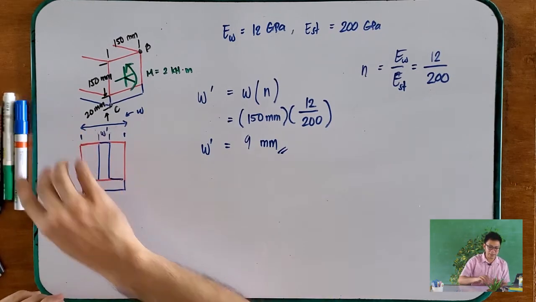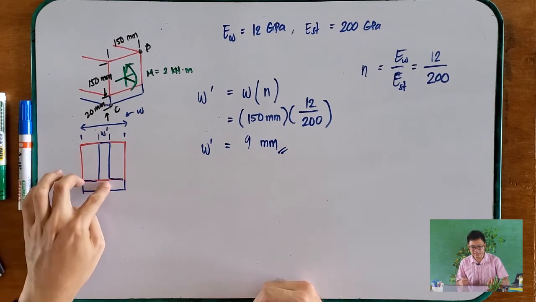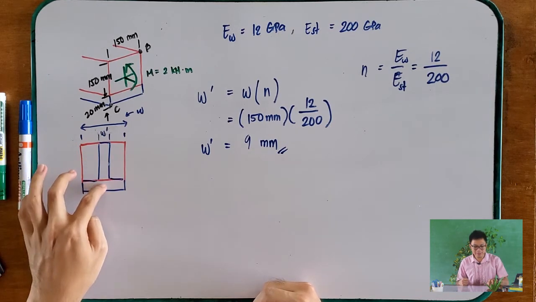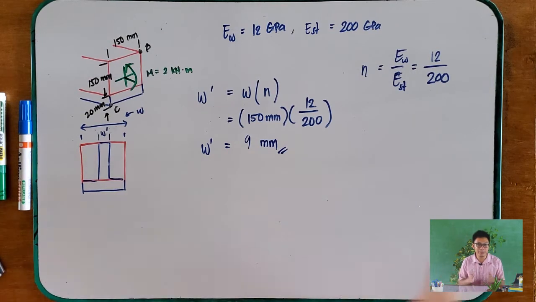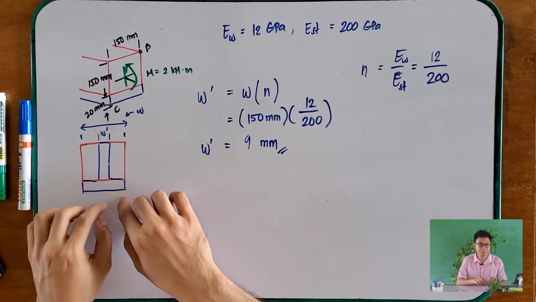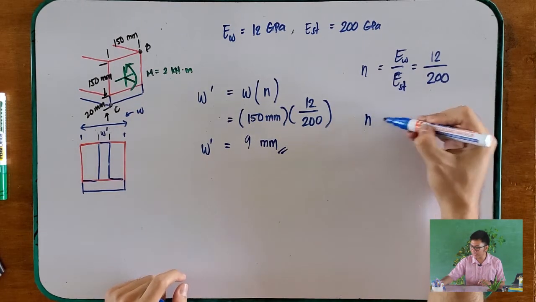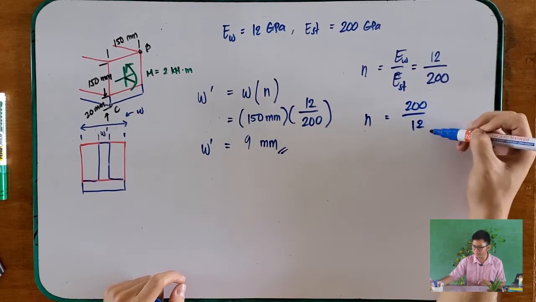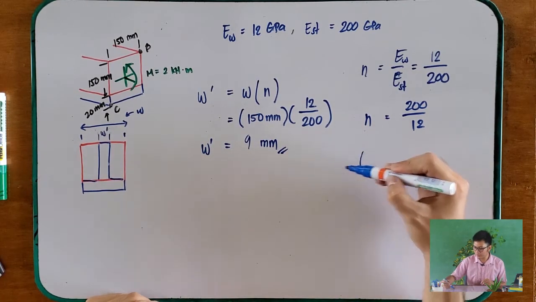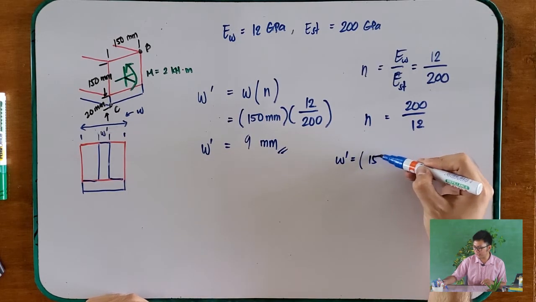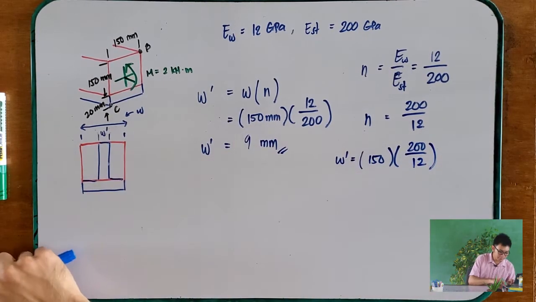Okay? But, how about ganahan ta nga i-convert na to ang metal into wood. So, kung metal into wood ka, you will expect that the width of the metal will be greater, will be bigger, para magka-equal siya sa strength sa atong wood. Okay? So therefore, ang imong N ana mahitabo na is 200 divided by 12. So kung ang imong metal ang imong ganahan i-convert into wood, ang imong buhaton is W prime is equal to 150 times 200 divided by 12. And that will be 2,500